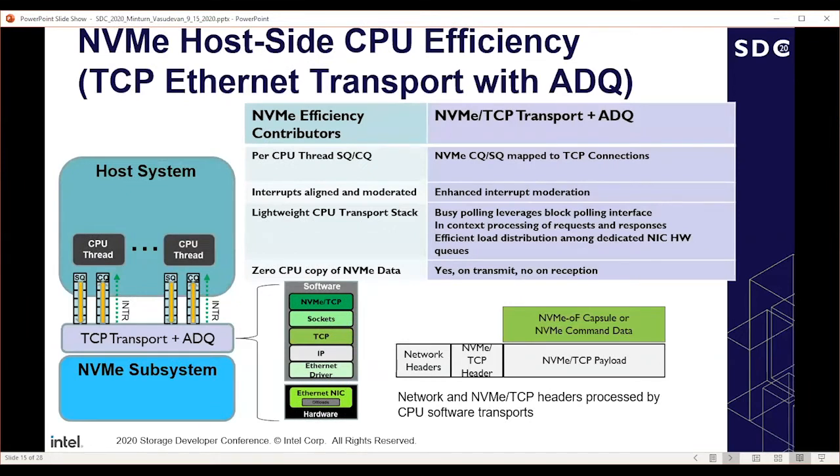Okay. So with the ADQ, again, it follows the same model with the TCP connections being mapped. Some of the interrupt moderation is more enhanced than what you see for the TCP stack. And also there's optimizations, busy polling. And what you see here is the busy polling is optimized such that